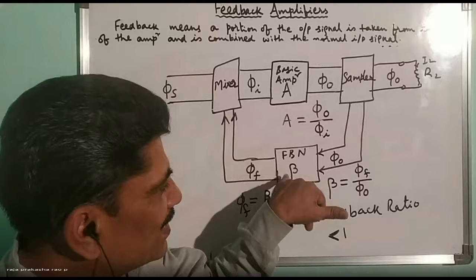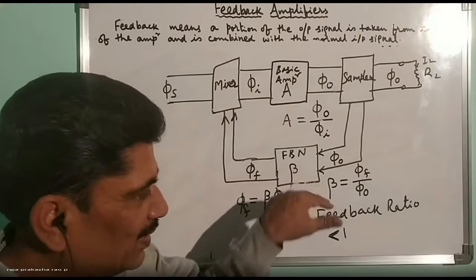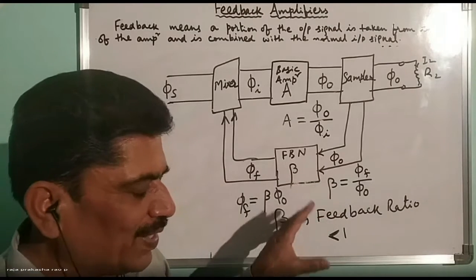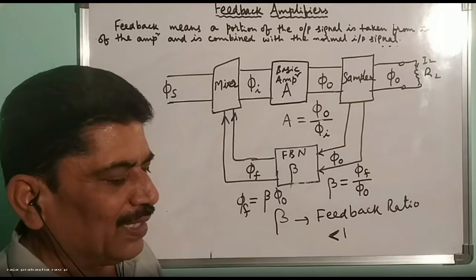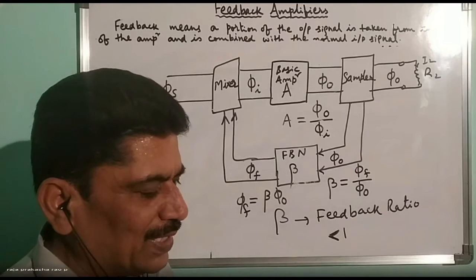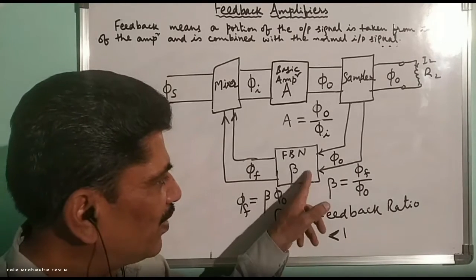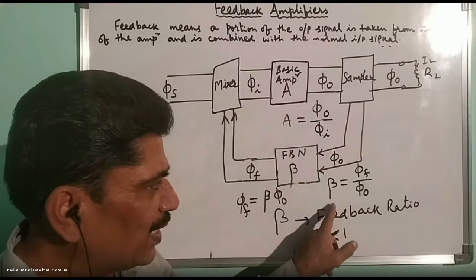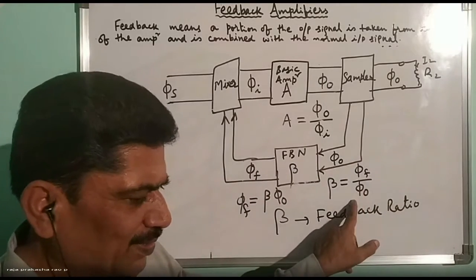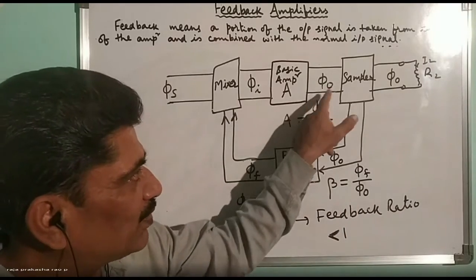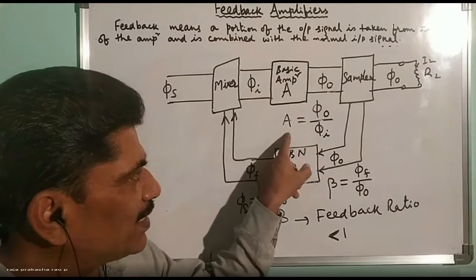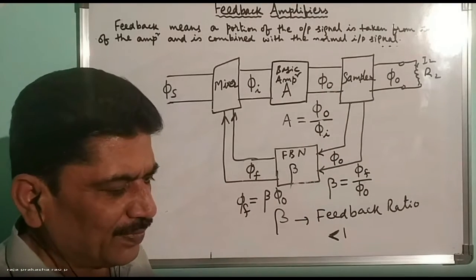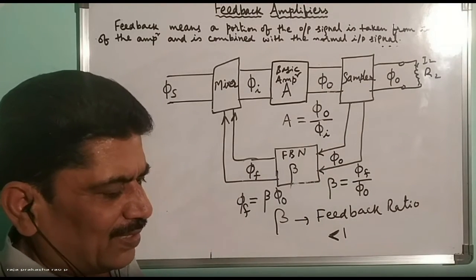You think of this as if it is an amplifier. This feedback network is also like an amplifier. So if it is an amplifier, what is the formula for gain? Gain is equal to output by input, is it not? So beta is equal to, for this FBN, output is xf and input is xo. So beta is equal to xf by xo. And for A, output is xo and input is xi. So A is equal to xo by xi. So far it is okay? Okay or not? Okay, sir.